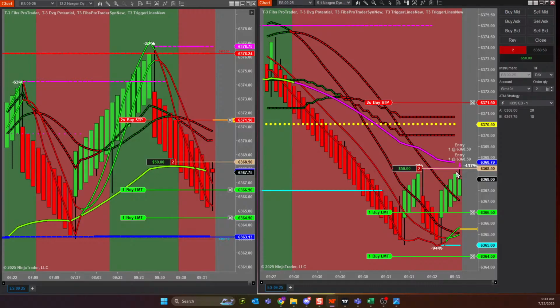There it is. 2 ticks below resistance. First target's at $100. Second target is $200. If I get a reversal bar in the direction of my trade, my new stop is 2 ticks above that reversal bar. If my first target is reached, I will go break even on this trade and hope that all that momentum pushes it down.